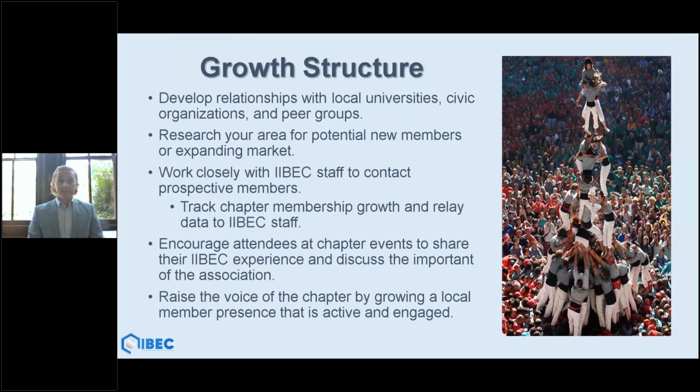So growth structure. I think this photo is a good analogy of how we want to structure chapter volunteers. We want a good support base of chapter volunteers, so we don't have one or two people shouldering all of the burden. And it should really be a pyramid approach where you have a president and a chapter board, but you have a lot of chapter volunteers that have very specific and identified responsibilities within the chapter. So spread the workload. We want to prevent burnout as much as possible, and try to identify new chapter volunteers when possible.